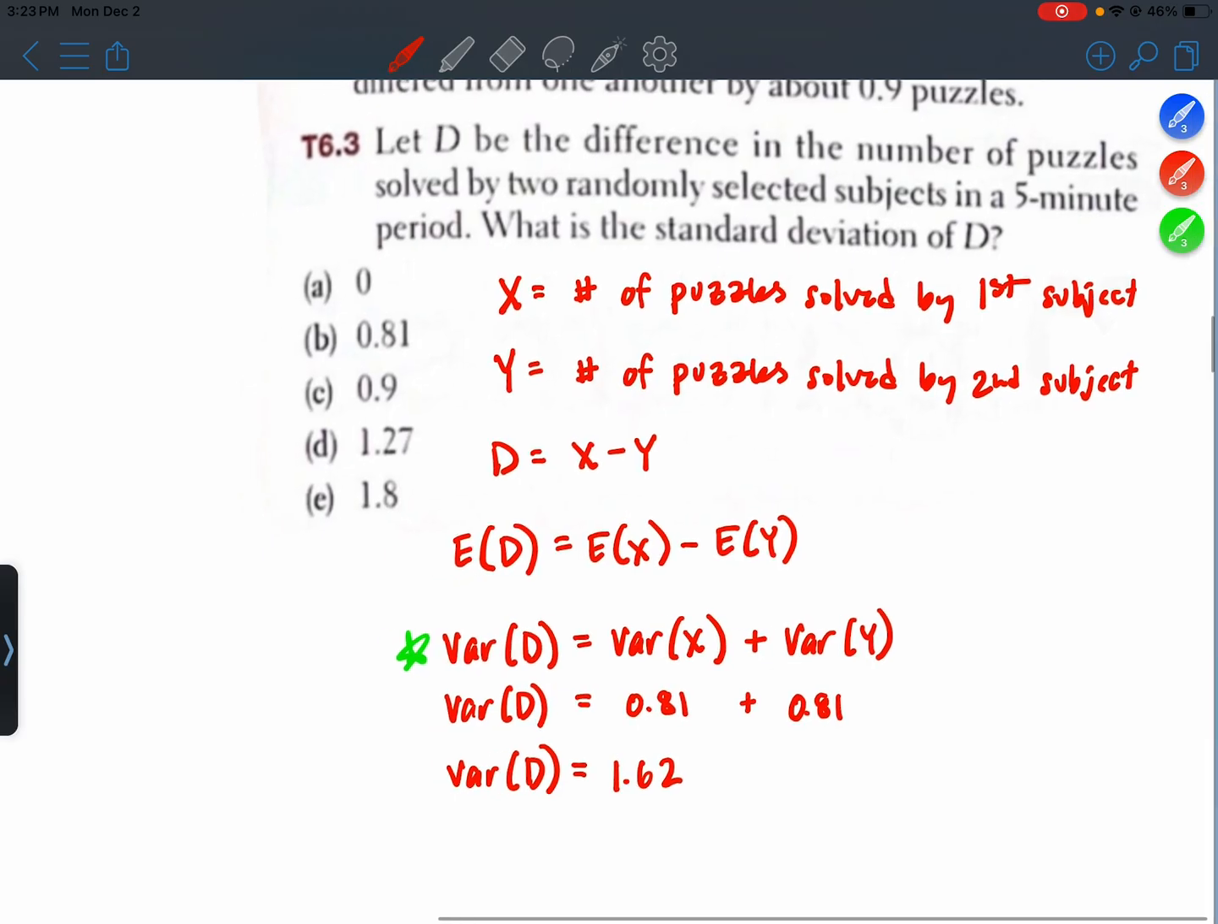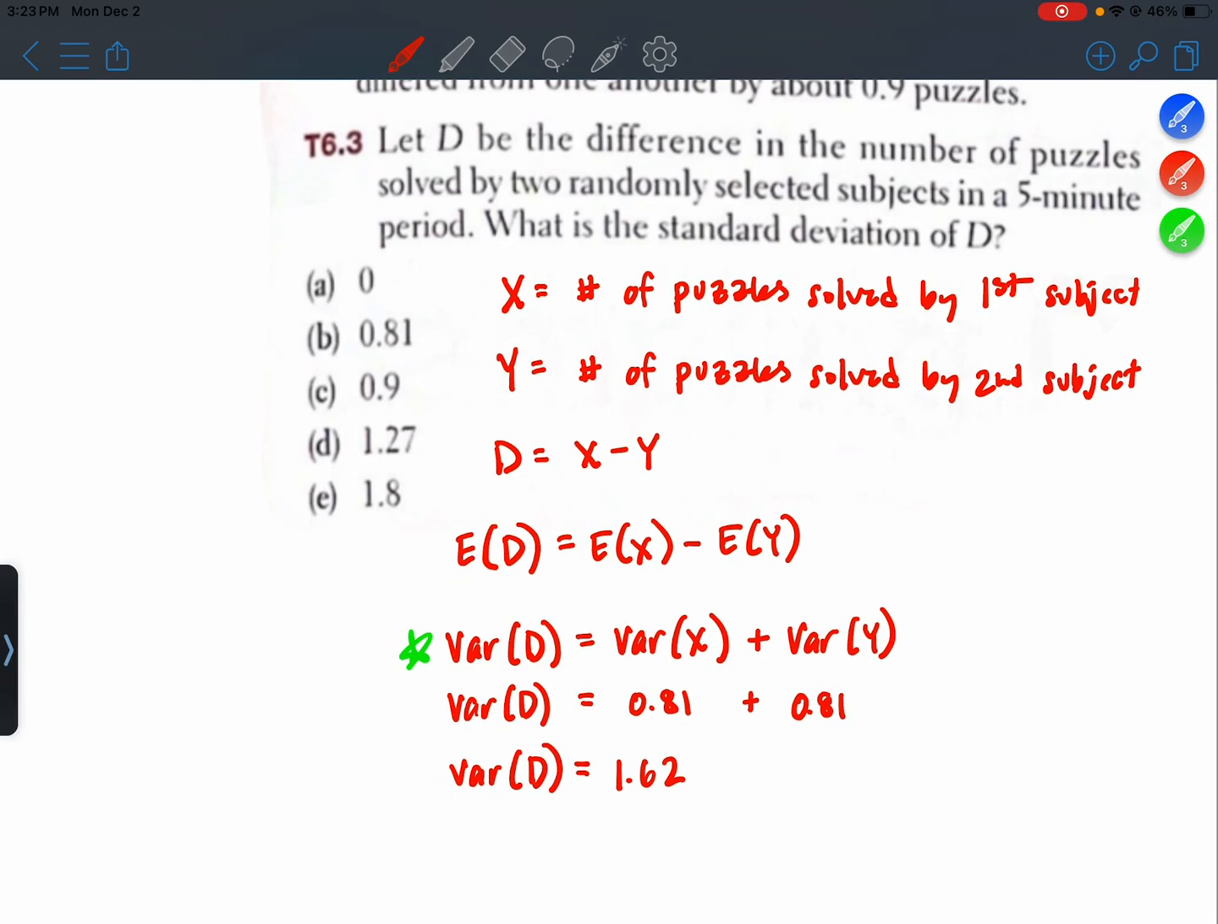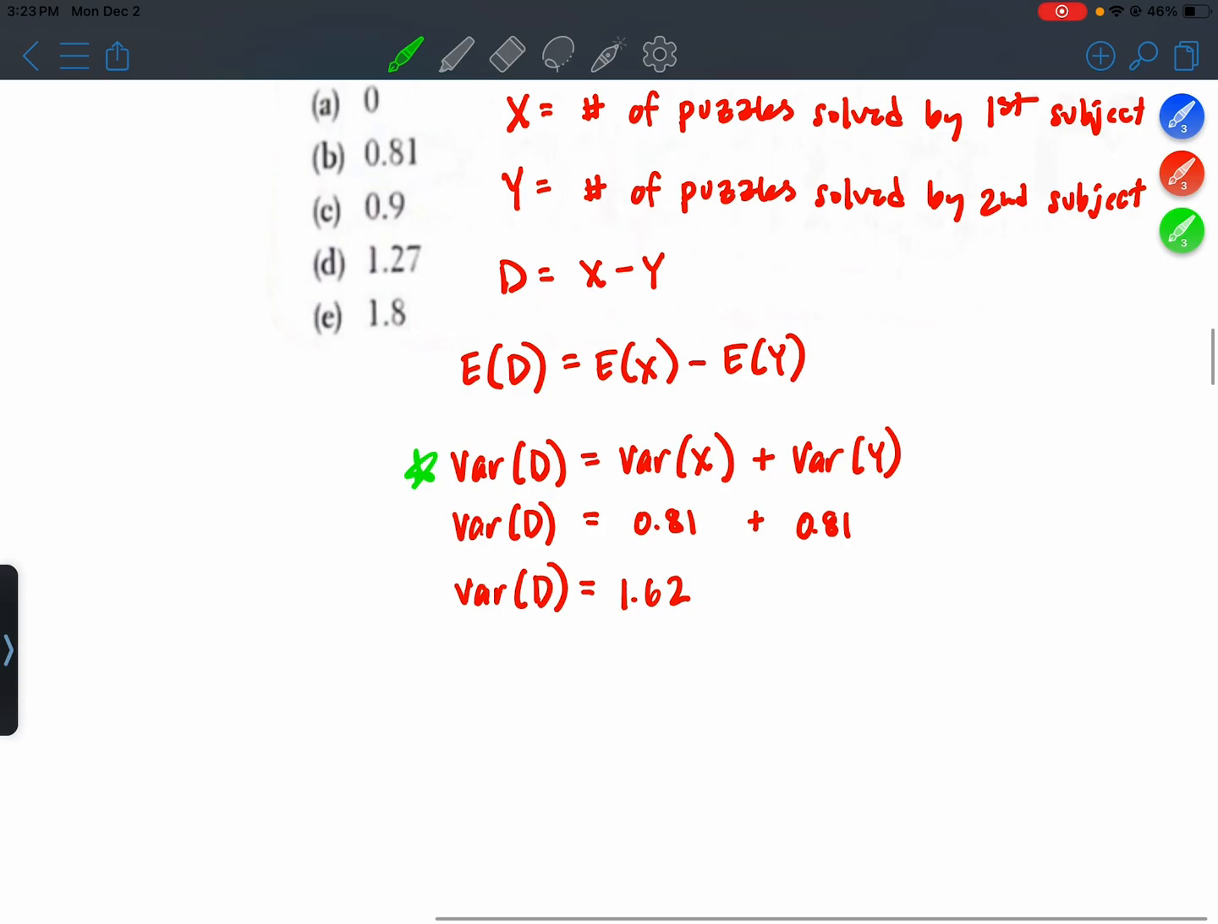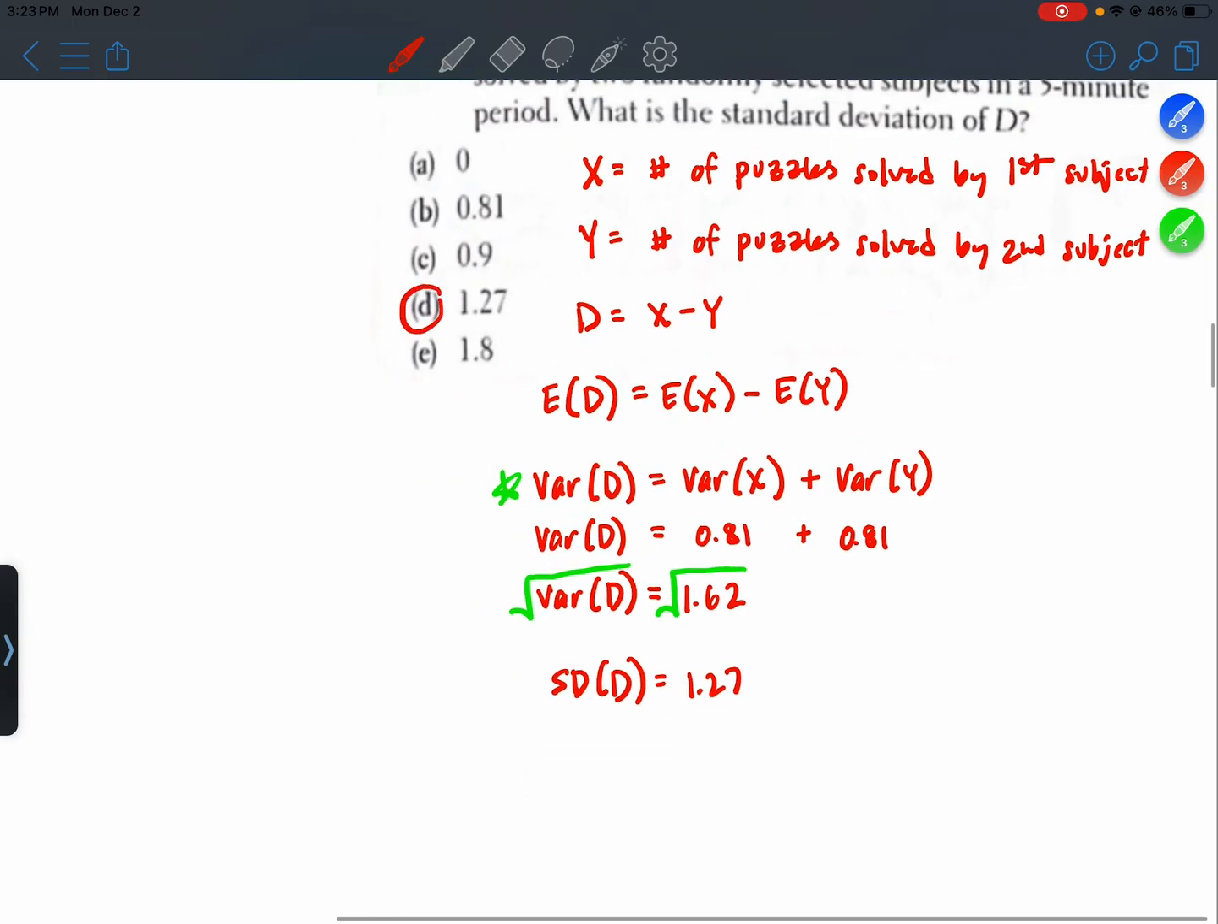So we have the variance for D, but the question wanted the standard deviation. It's a good thing we know how to convert variance back into standard deviation. You just take a square root to go from variance to standard deviation. So the standard deviation of D is the square root of 1.62, which is about 1.27, which is pretty convenient because that matches answer choice